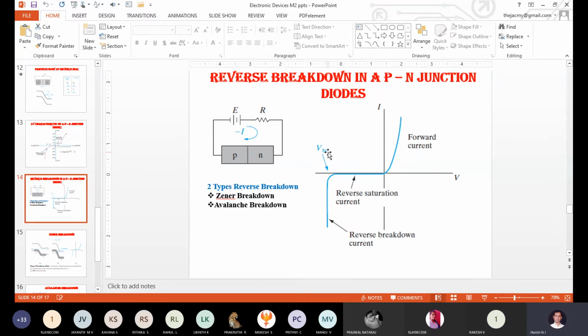There are three categories for the PN junction diode. Based on the current rating, we divide the classification of diodes. The first one is the low current diode, the second is the medium current diode, the third is the high current diode. The low current diode is capable of allowing only 100 milliamperes of current. The medium current diode allows up to 300 to 400 milliamperes. The high current diode allows current in terms of amperes. Ampere is greater than milli, correct? This is all about current ratings of a PN junction diode.